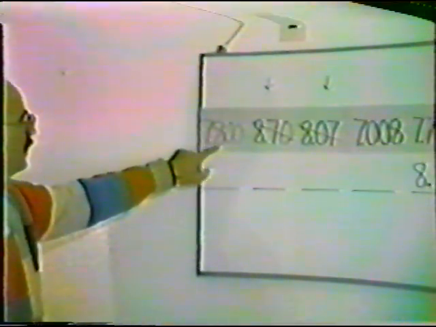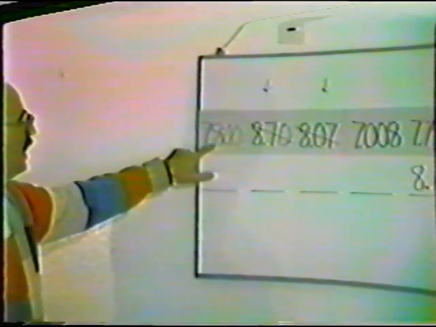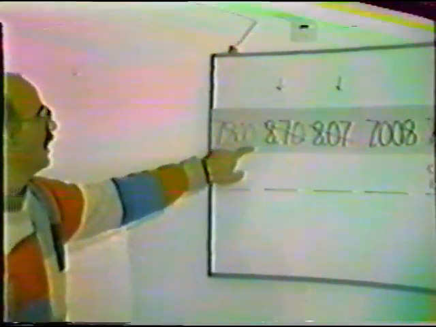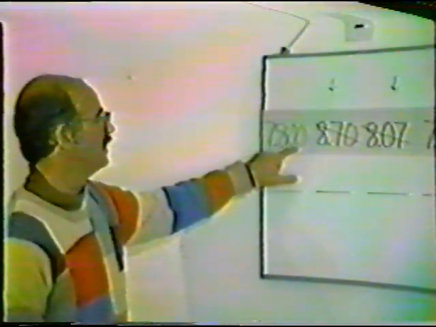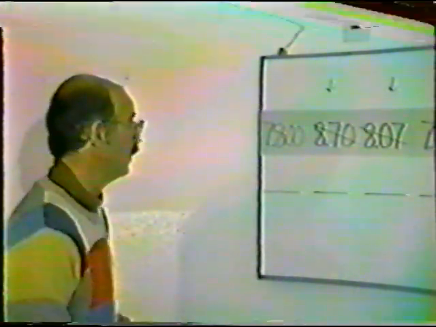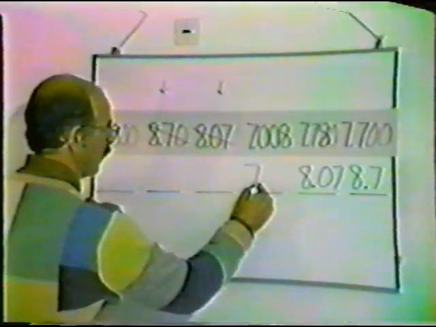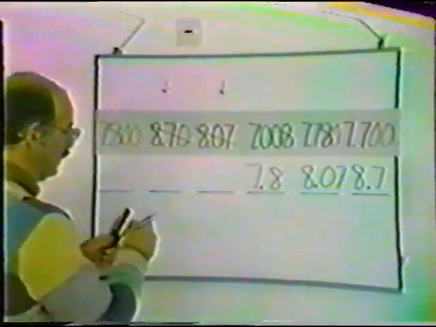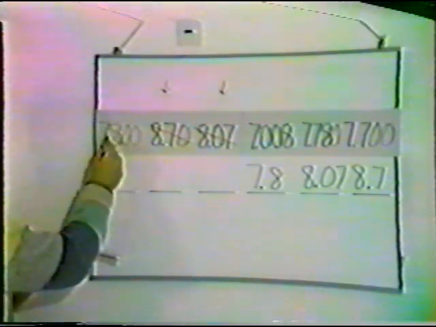Say the whole thing. 7 and 800 thousandths. 7 and 800 thousandths is the largest of those four numbers, and we'll write that down as